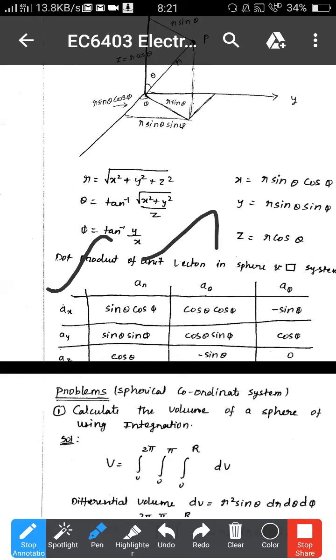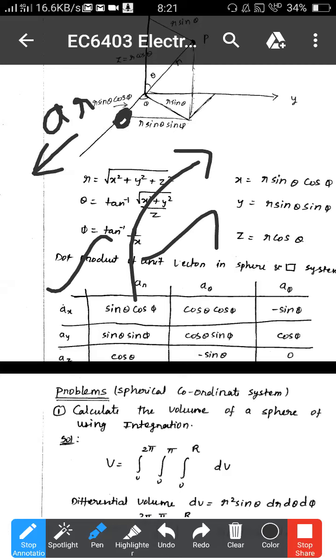On the x-axis. Once you choose a point on the x-axis, what is your theta? Definitely your a_r will be in this direction. Generally for the x-axis, x will be in this direction. If you take the dot product of two vectors going in the same direction, definitely you will get the answer 1. But I have chosen a point on the x-axis. What is my theta? Anybody? What is my phi?